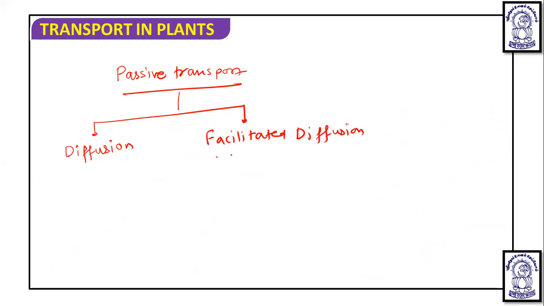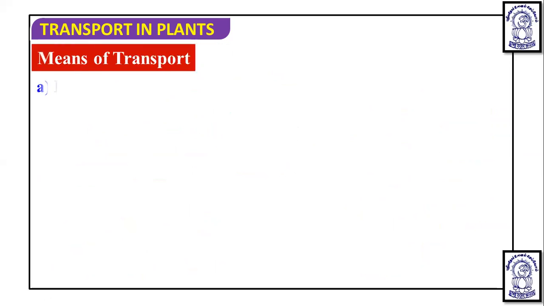So now we have to discuss diffusion, facilitated diffusion, and separately the active transport in detail. So if we talk about the first means of transport,